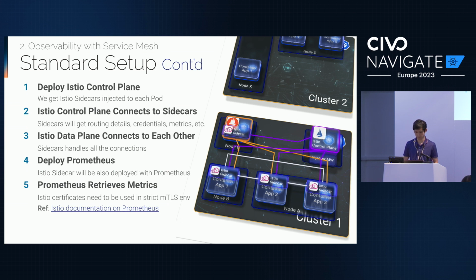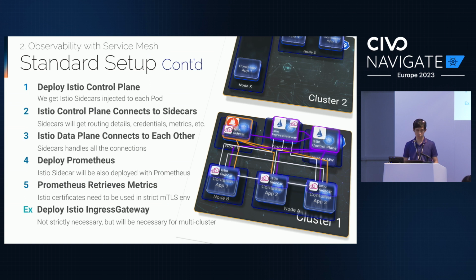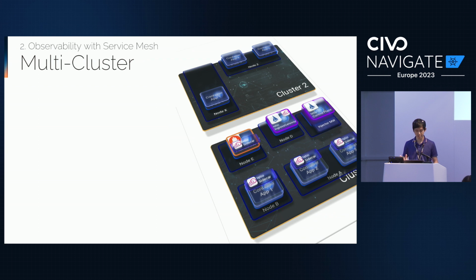And if you were to deploy the Istio Ingress Gateway, there was a talk two talks ago about the Gateway API, which was really interesting. But if you look at the Istio Ingress Gateway, we can also see that the complexity becomes a little more difficult to navigate. This is because Istio has to talk to each of the Envoy sidecars, and also there will be more metrics associated with each connection and each process. It was already complicated, but we're going to look at a multi-cluster scenario.